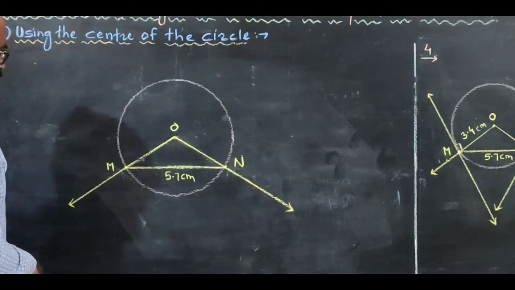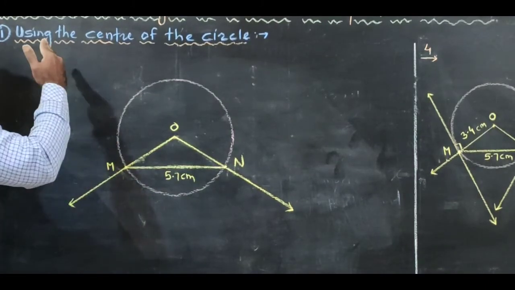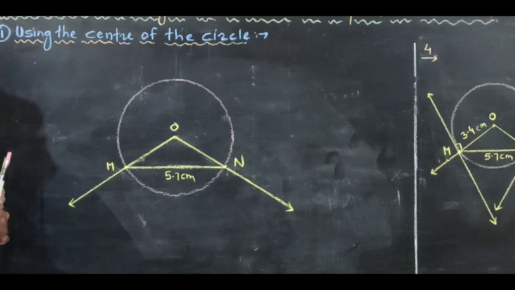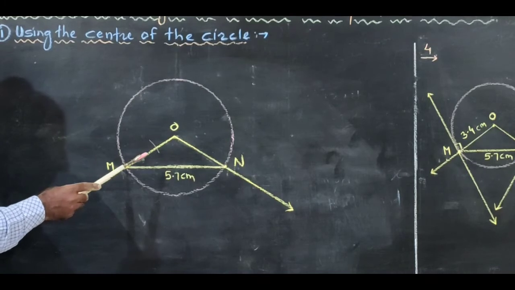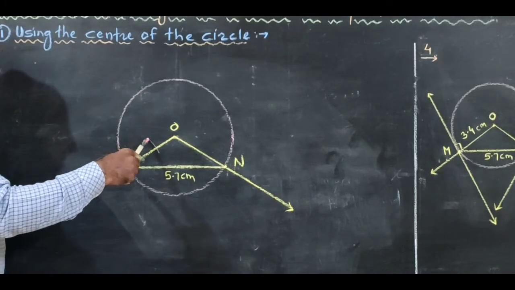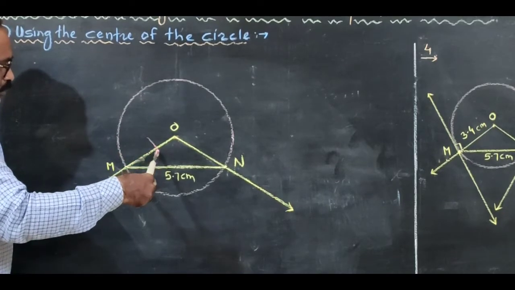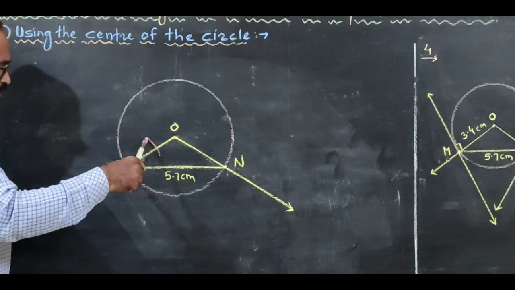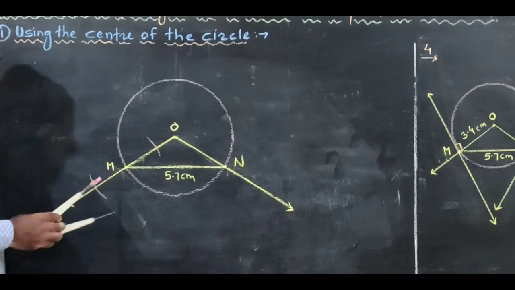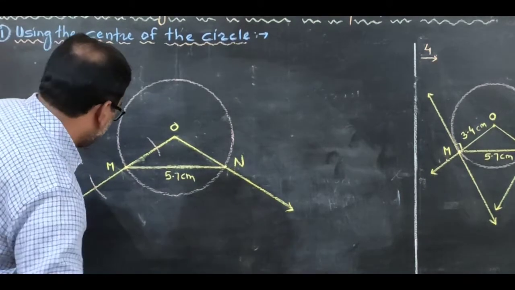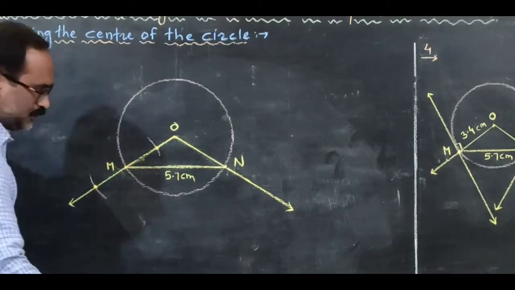Now we draw a perpendicular to ray OM through point M. It is a tangent to the circle at point M. We put the nib of our compass at this point and we take a convenient distance in the compass and we draw an arc of the same distance on both sides of M, like this. This arc intersects at this point. This arc intersects at this point.